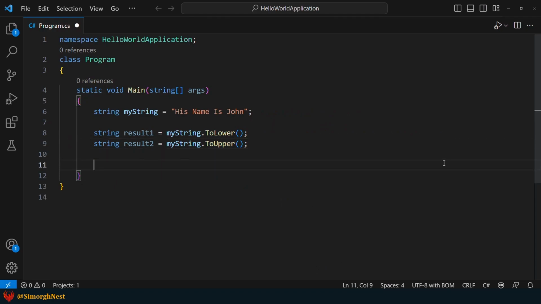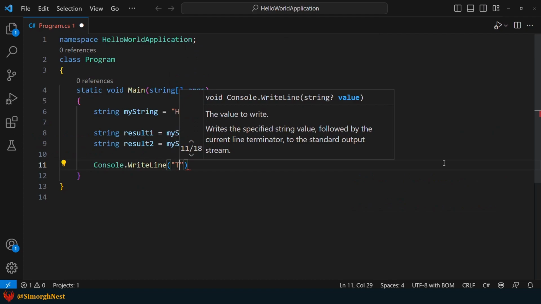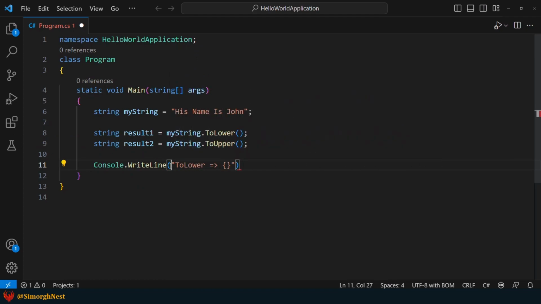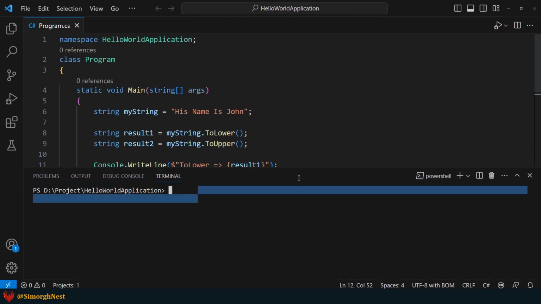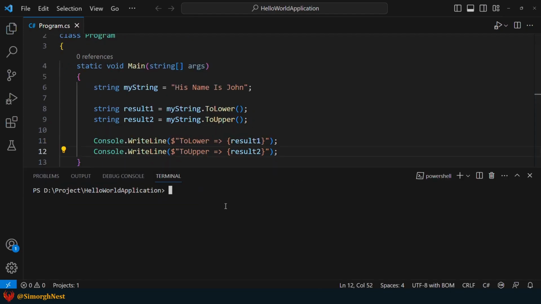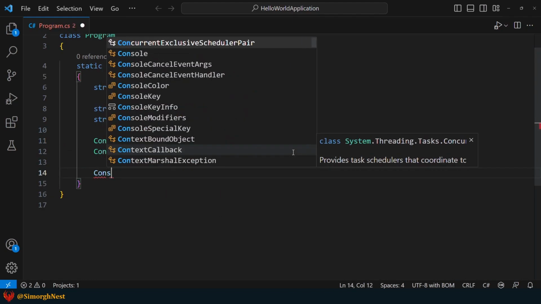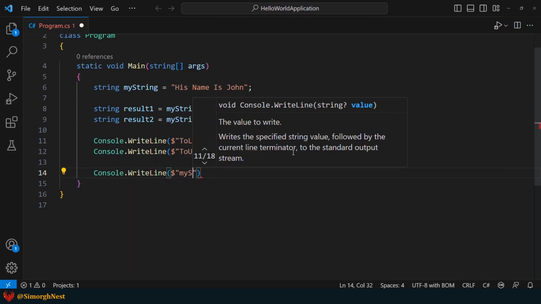Now, let's display the results in the terminal and run the application. Actually, let's also display the value of the myString variable in the terminal to demonstrate that it remains unchanged.